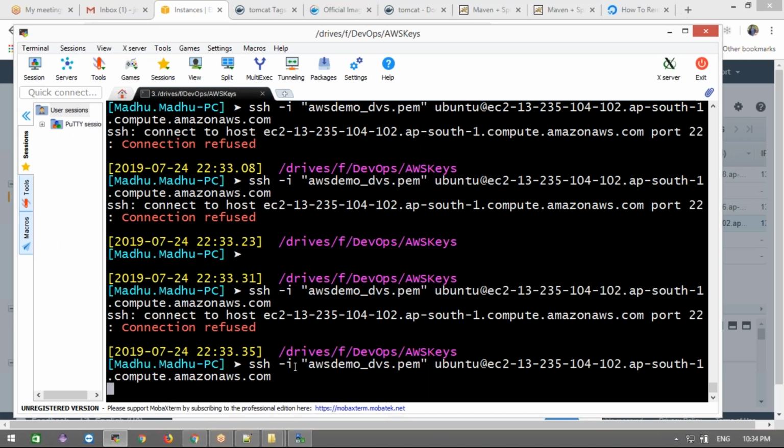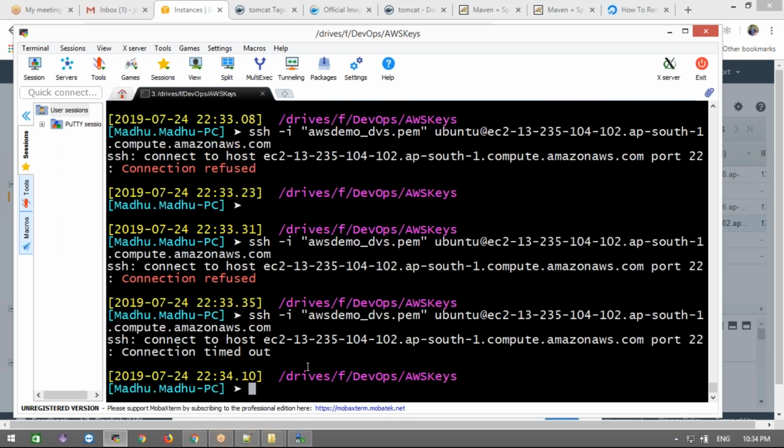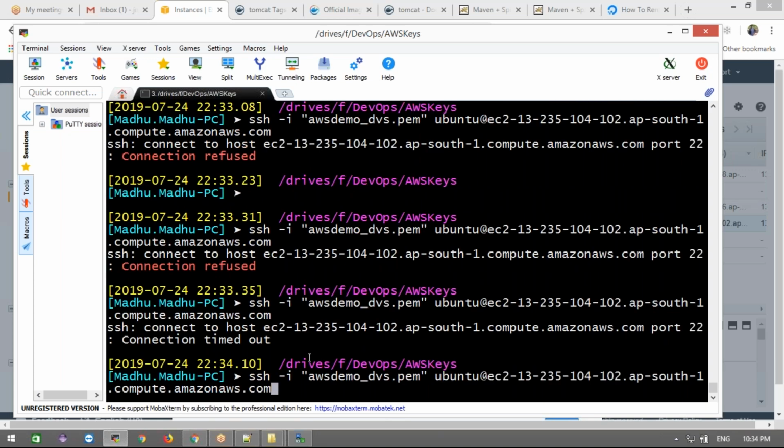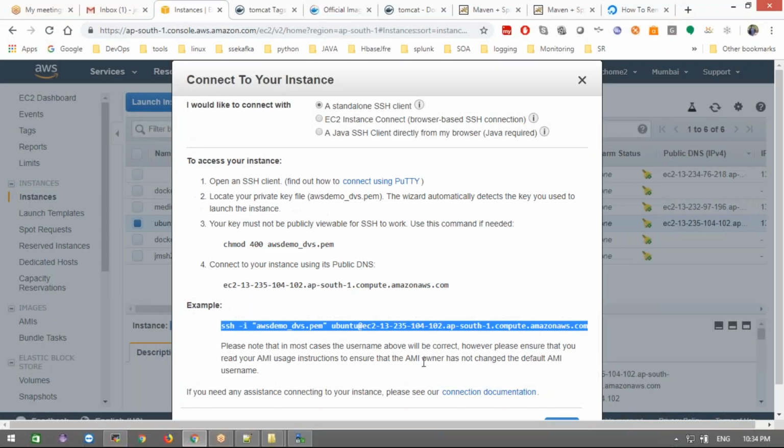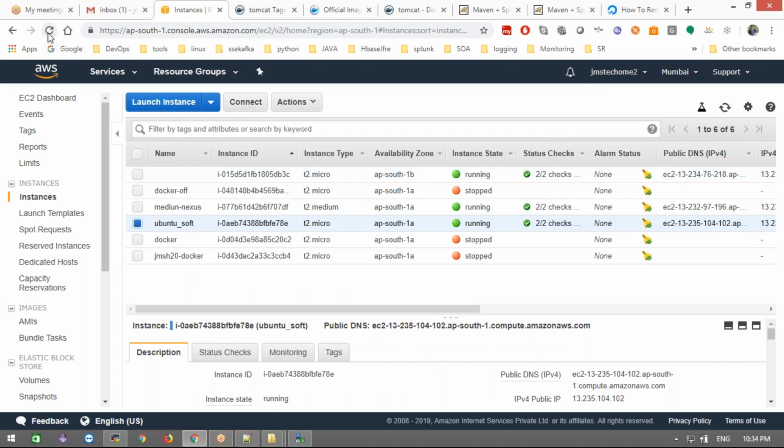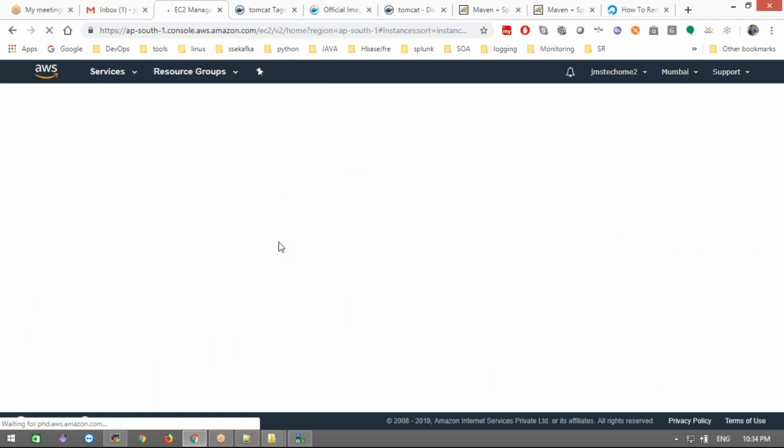Madhu, check and see on the AWS console whether the 2 by 2 checks are done. It's running. Yeah, I'm just taking that new one only, right? Yes, I have taken that. Refresh the page, and I've taken this latest one.